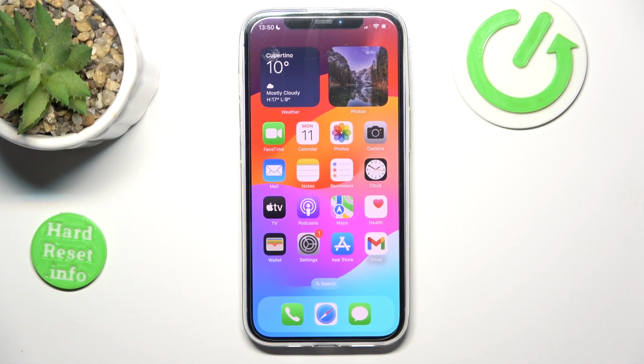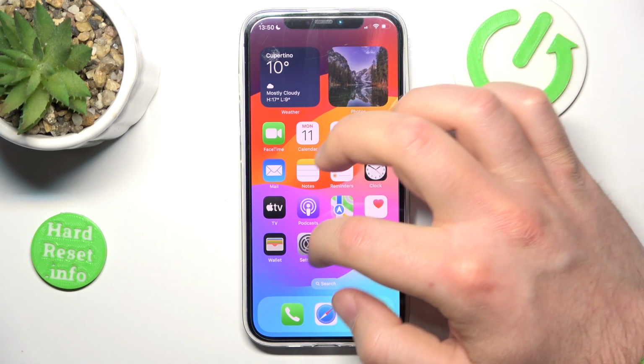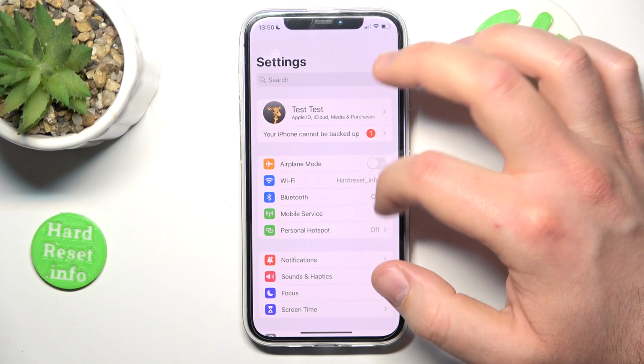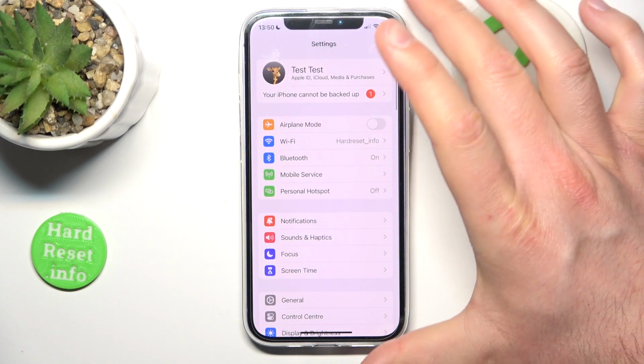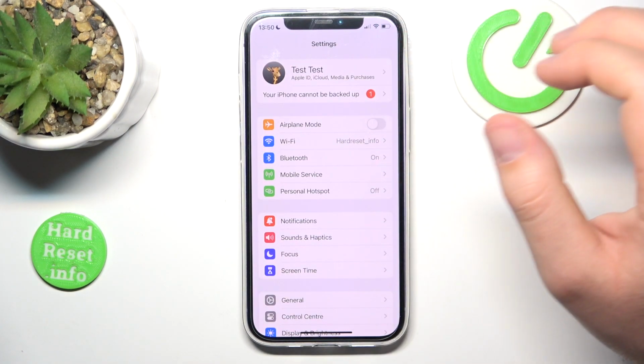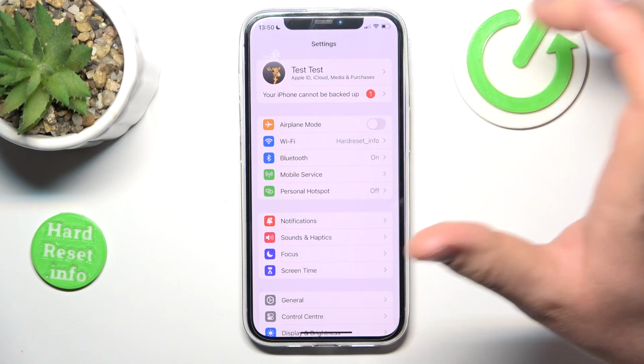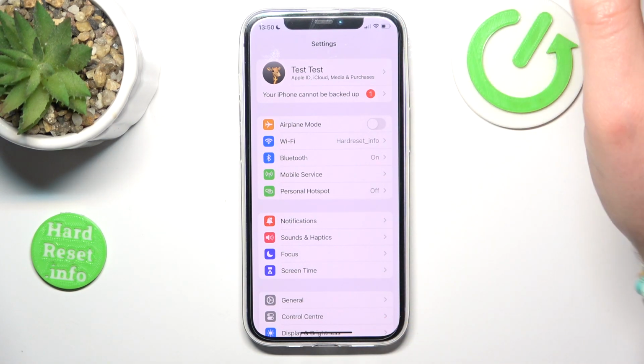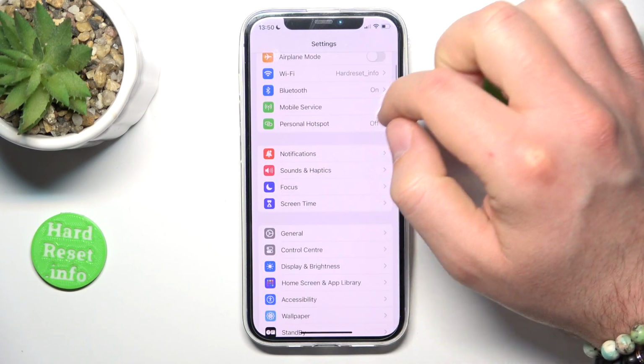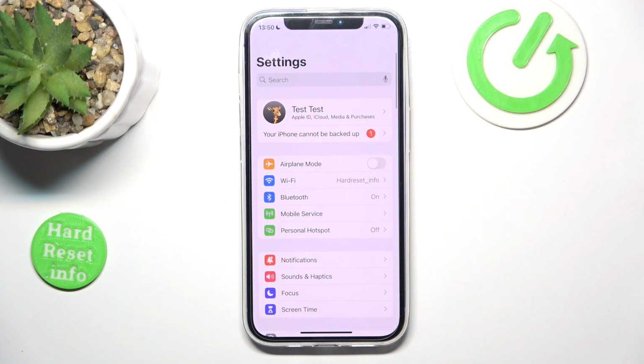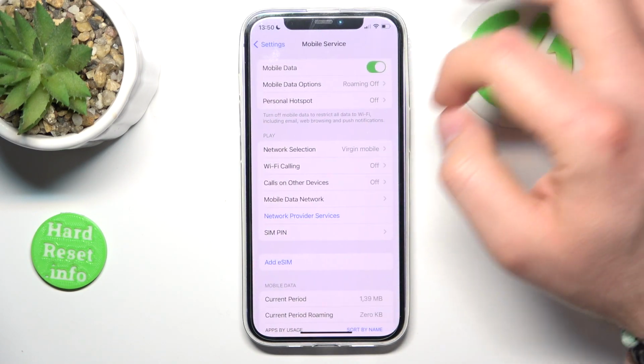So, today in front of me is an iPhone 12 with iOS 17.4, and it is basically going to look the same on all iPhones with the latest iOS. So with iOS 17 and 16 it is also going to look the same, but I guess you have the latest version. So what you want to do is go to Mobile Service, and then